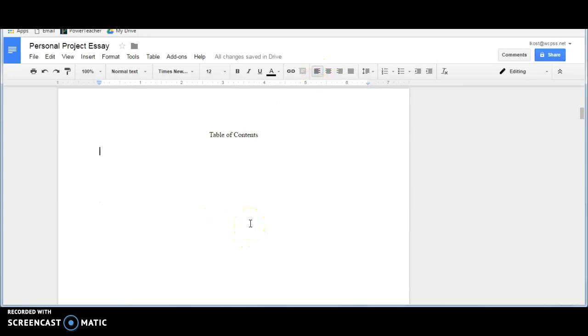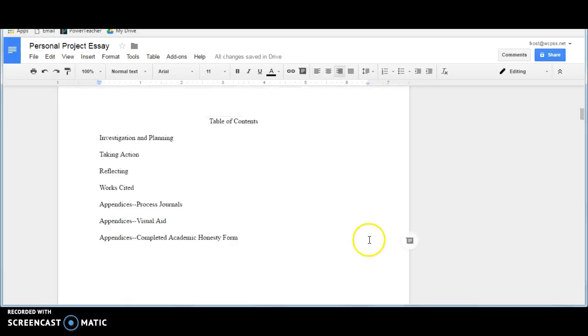And now the different sections are listed there under number 3 for step 3. So it starts with investigation and planning. And I will go ahead and let you list those several different steps. I'll list them as well. Go ahead and pause the video and get them typed in to your table of contents page. Okay, so I have all the different sections of my table of contents typed up, and I hope you do